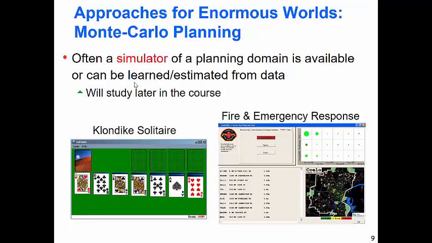The nice thing about this is it only requires that you have a simulator of the MDP. You don't have to have a nice, compact language description of the MDP. It could be that the MDP is only described via some giant C program that gives you a simulation. There are a lot of situations where you have a simulator, but you don't have a nice description in a formal, compact language. So we'll talk about this class of algorithms later on. If you've heard of Monte Carlo tree search, that's where that sort of thing will be covered in that part of the class.